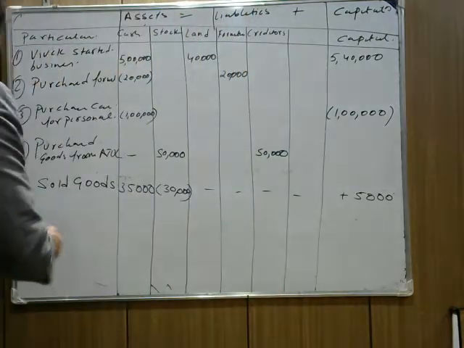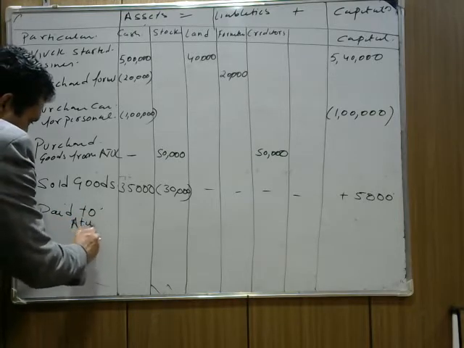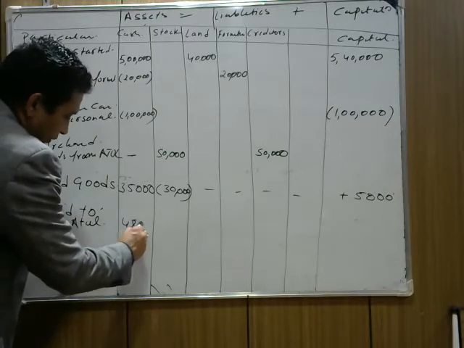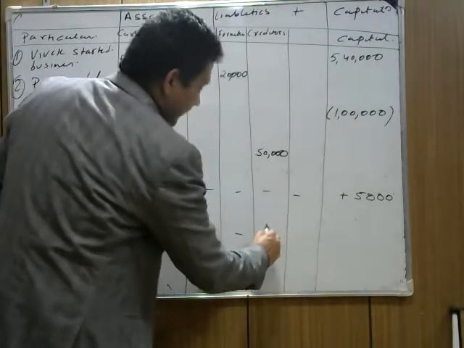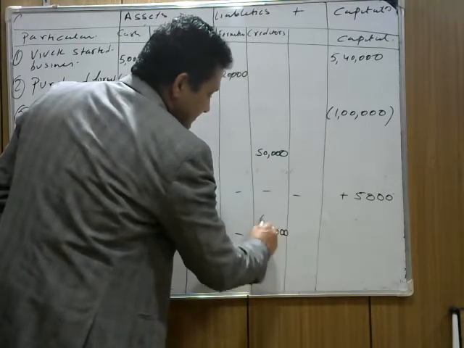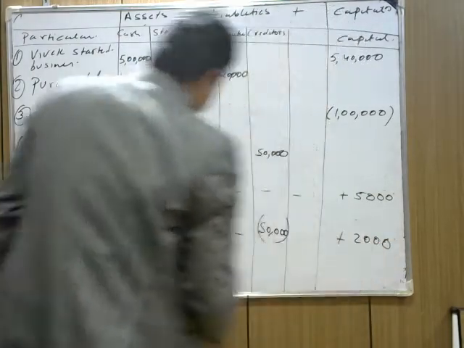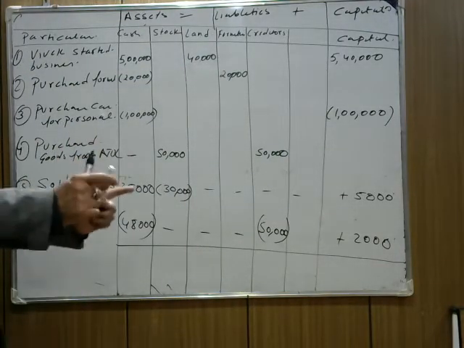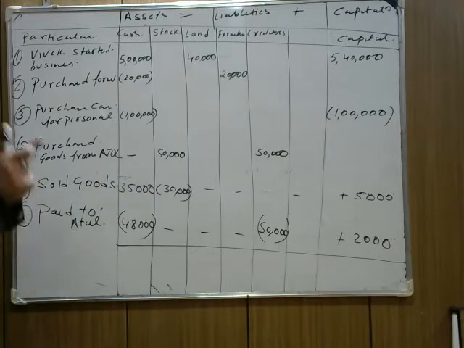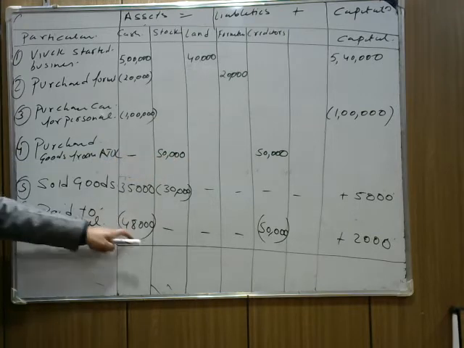Is that clear? It means paid to Atul in full settlement, or paid to creditor in full settlement. So you are paying 48,000. The 48,000 will decrease from your cash. No change over here. And the creditors' 50,000 will decrease. You are paying in full settlement and there is 2,000 rupees benefit to the firm. I hope this is clear. You purchased goods from Atul costing rupees 50,000 on credit. Now you are paying it. You have to pay 50,000 to Atul, but how much are you paying?